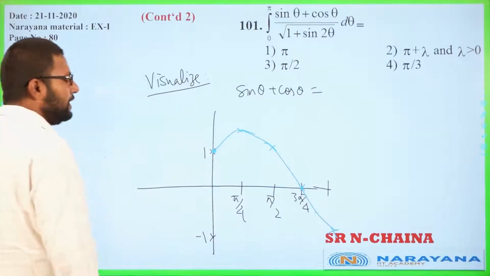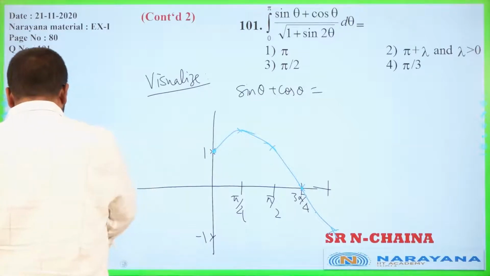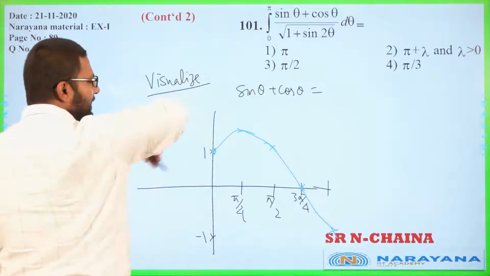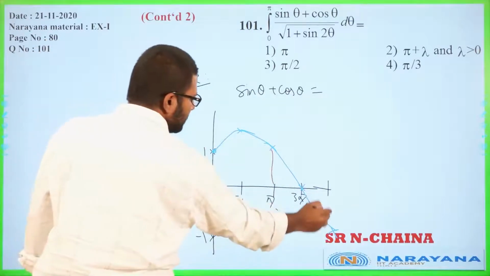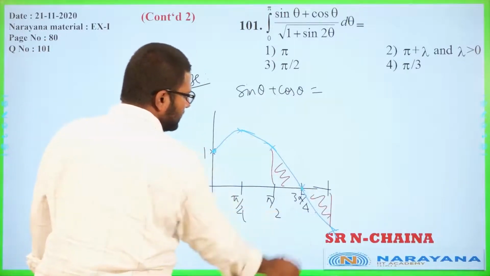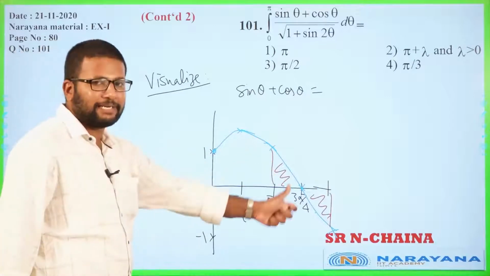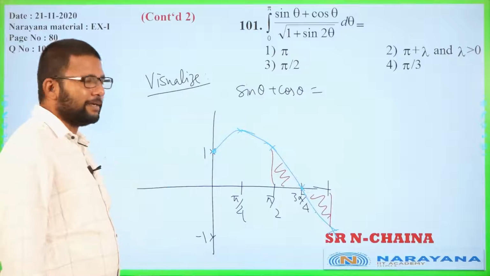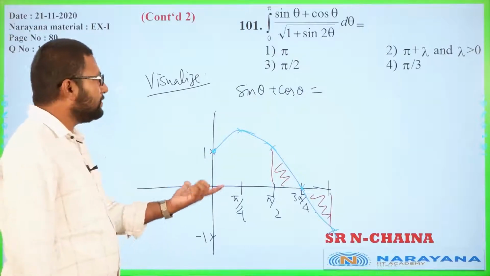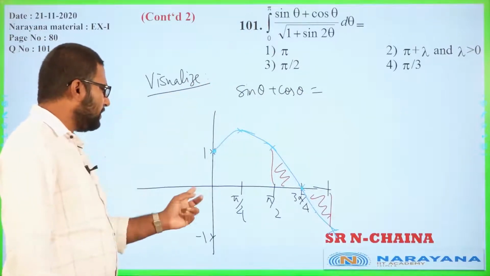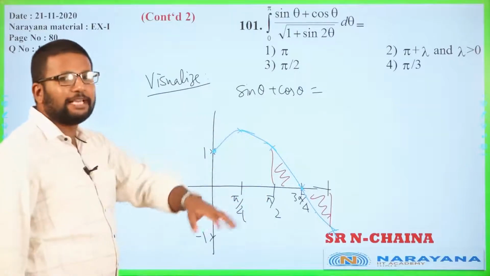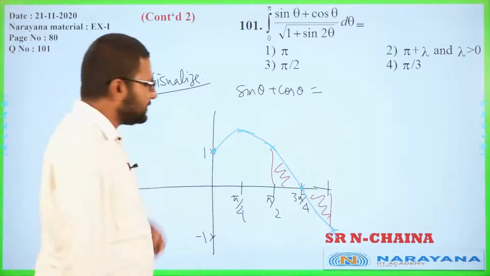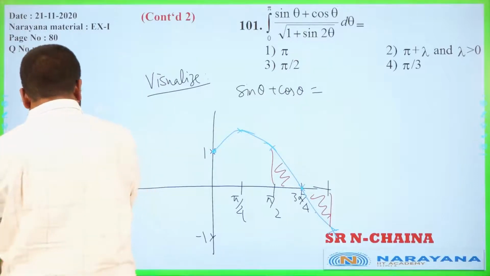That should tell you that when we divide by the mod, these areas will cancel each other, which is why we had to subtract pi by 4, and then this becomes pi by 2. You can verify, just integrate this whole thing only from 0 to pi by 2, and you will get the same answer, right? Okay, so that is for your understanding. Alright then, let us proceed.